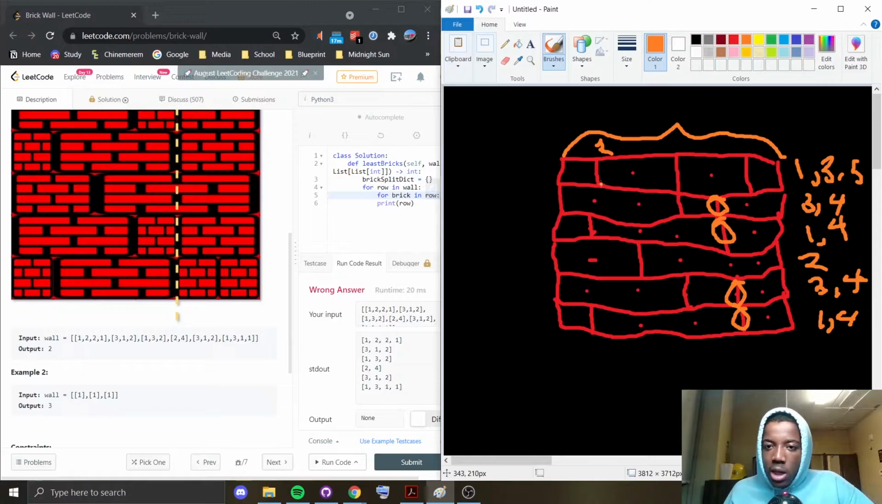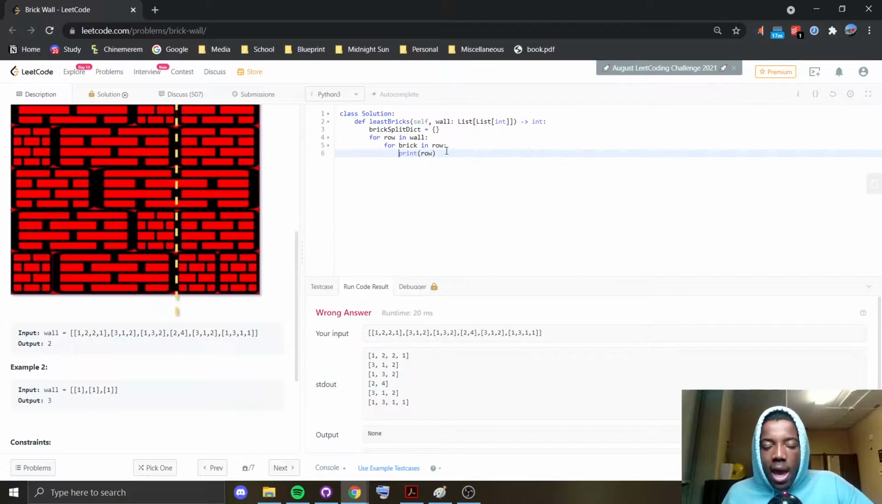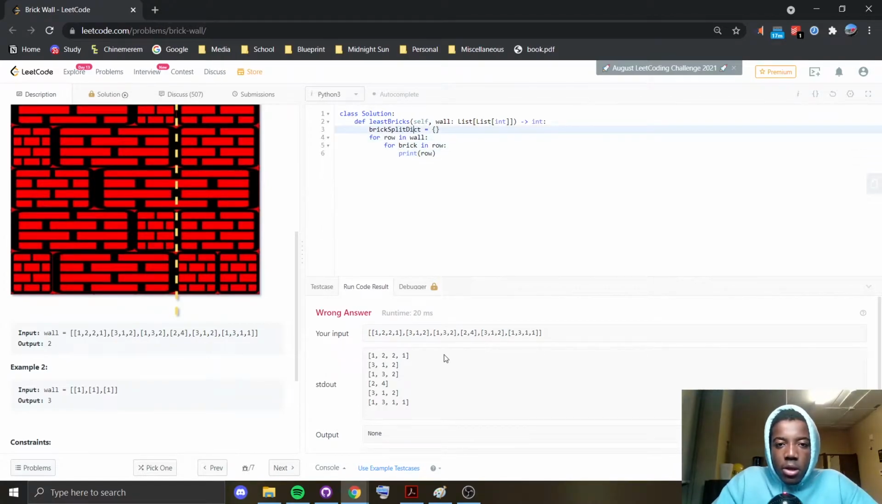Because this is at 1, and then this is at 1 plus 2, so that's 3, and 1 plus 2 more, so that's 5. So it's kind of like the sum of the bricks, or the brick lengths to that point. So for brick in row, and then at this point, I'd want to sum for each of these guys, right? How can I do that? Okay, so I could just do a regular sum. So let's say